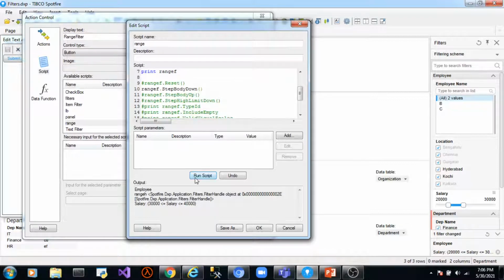Now next time when I run this script, the lower limit should be set to 10,000 because the next lower value is 10,000, and the next lower value for the higher limit is 20,000. So this should be set to 10,000 and this point should be set to 20,000. Let's run this. See, now our left limit has already been set to the lowest value available in this column salary. Now it will not shift to the left any further. Yeah, now it is not shifted.